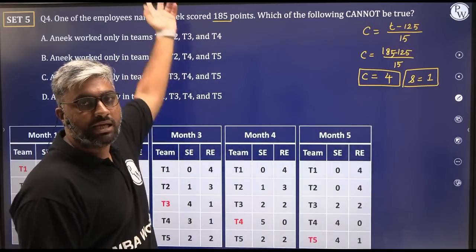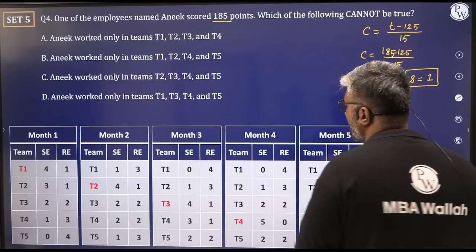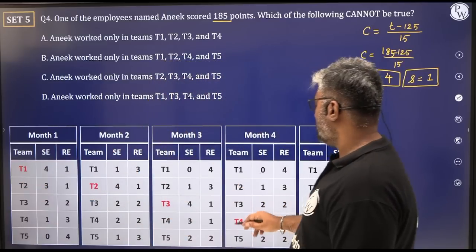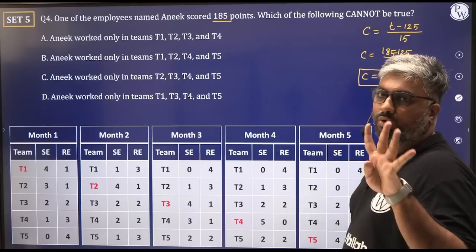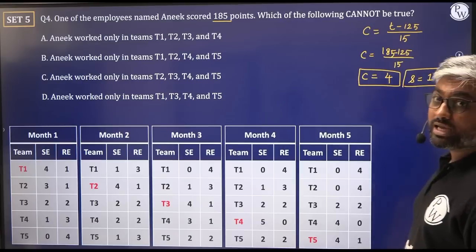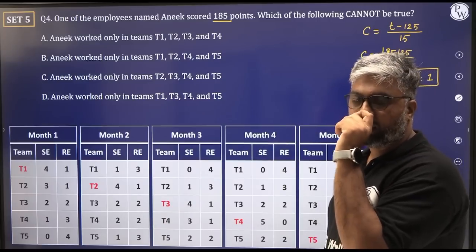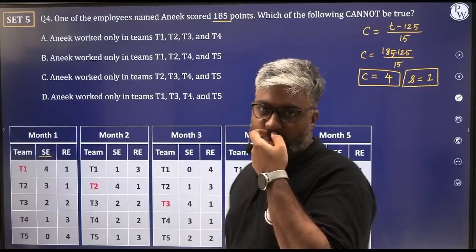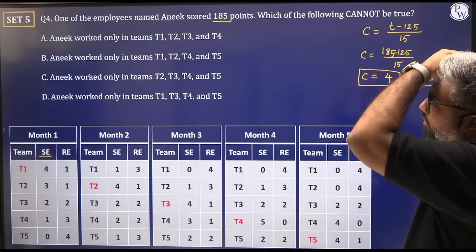So this person, Anik, has worked in 4 challenging projects. Which means he could have worked in T1 in month 1, T2 in month 2, T3 in month 4, T4 in month 5, or in some other order. There is some order to it, right? But he's worked 4 times in challenging and once in regular. So he is one of those who gets sent over. And since he's working on a majority of challenging projects, he's got to be one of the SEs. So Anik is one of the special skilled employees.